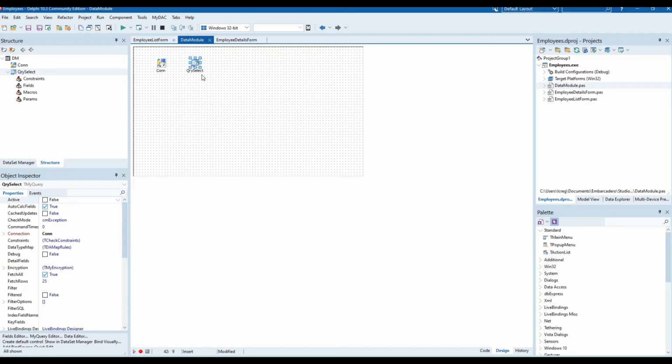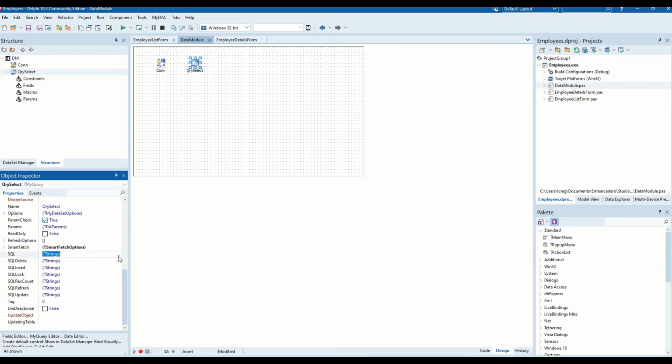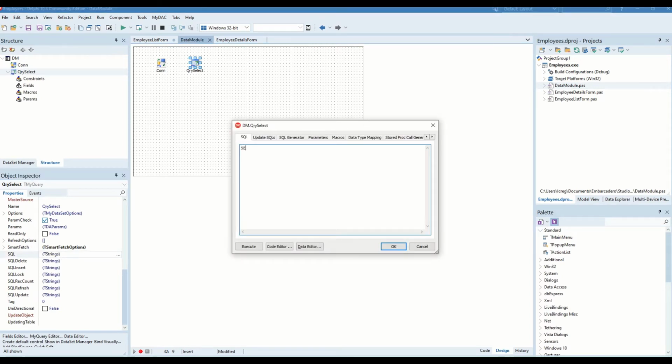Okay, so right now we don't have any data because we have not placed any SQL statement in our QRY select, but for illustration purposes, I'm going to illustrate adding an SQL command here directly in the data set. So remember, we want to display all the employees. So let me try this one. Select asterisk from employees, and then